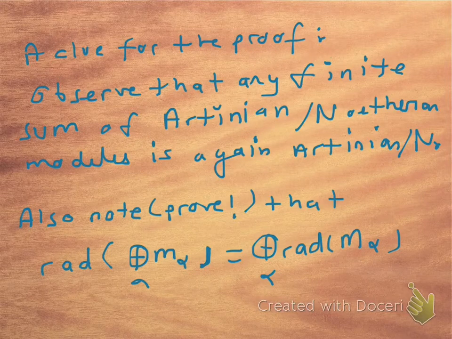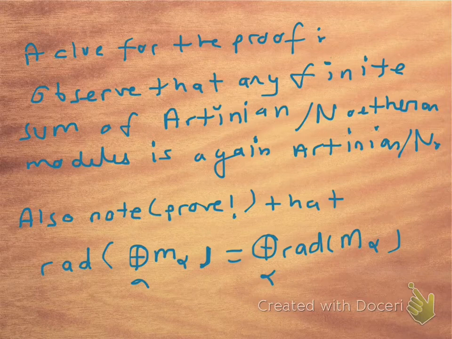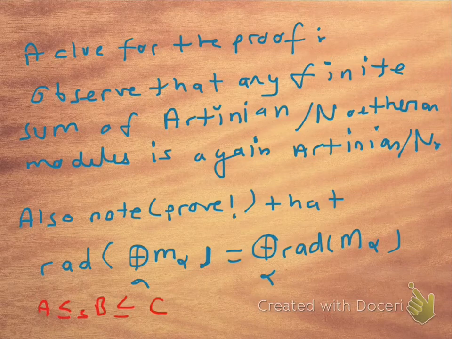Well, how does this follow? If you wonder how this follows, here's a simple way to look at it. First of all, we said in an earlier slide that a small submodule of a submodule is small in an even larger module. What does it mean? It means if A is small in B, which is a submodule of C, then A is small in C. So this means